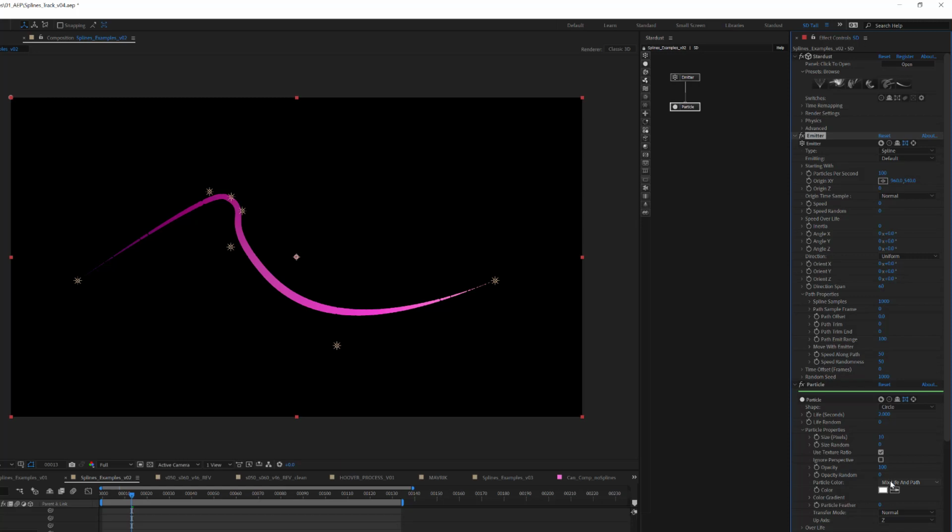I think that should work. So now our particles are moving along the path. But what we would probably like is for them to start on one side and animate along our path. So using this emit range, it's pretty cool that you can control where you're actually starting the particles and have them move along the path.